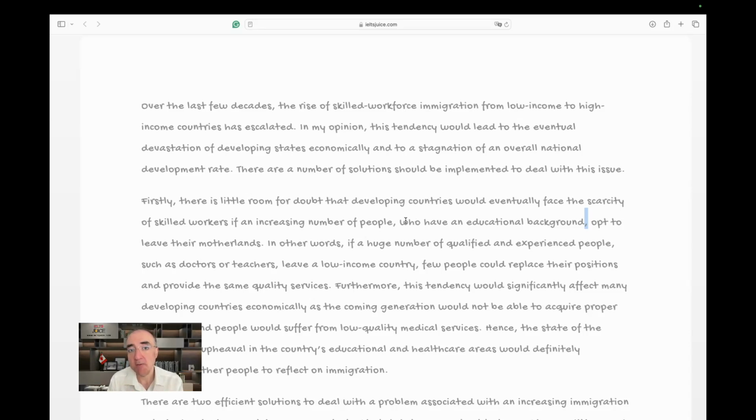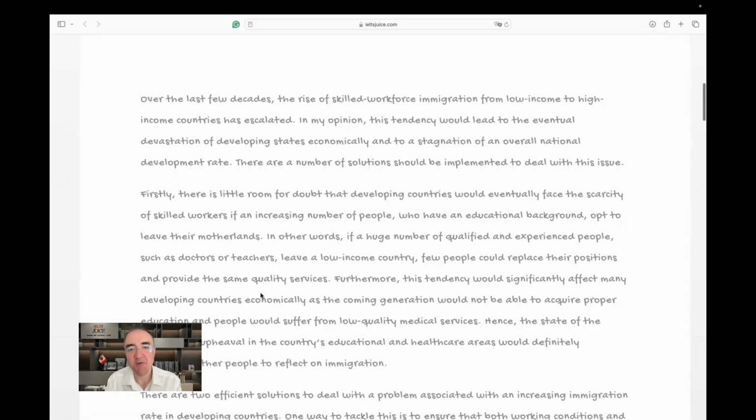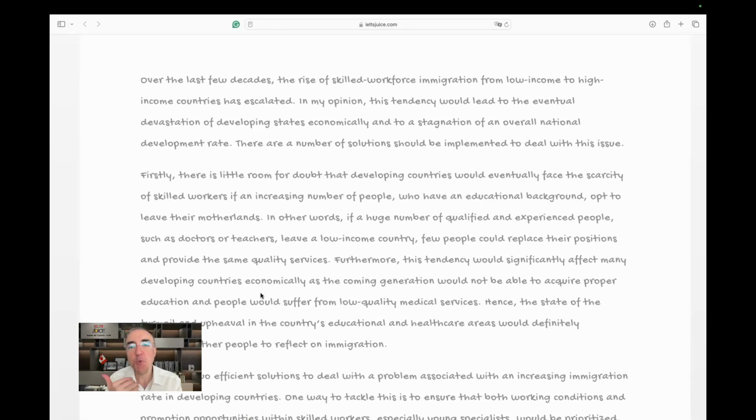That's my opinion. That's my professional opinion. So I wouldn't use these two commas. And the sentence would be of skilled workers if an increasing number of people who have an educational background all the way through up to leave their motherlands. Motherlands. And it's correctly spelled. I mean, and it's all one word. Beautiful. In other words, if a huge number of qualified and experienced people, such as doctors and teachers,